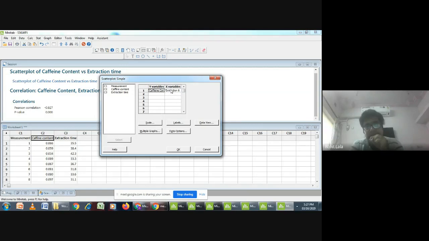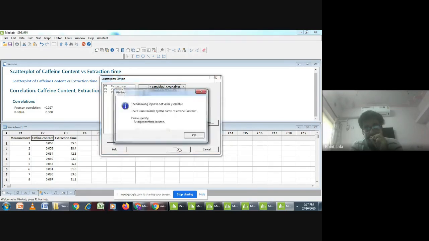The most important thing is extraction time: due to the extraction time, the content was going down. We will see that in the graph also, but we need to identify the variables, which variable is affecting which variable. The variable which is affected becomes your y variable, and the cause variable would always be the x variable. So just click OK.